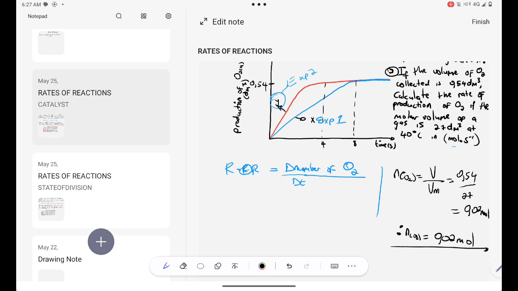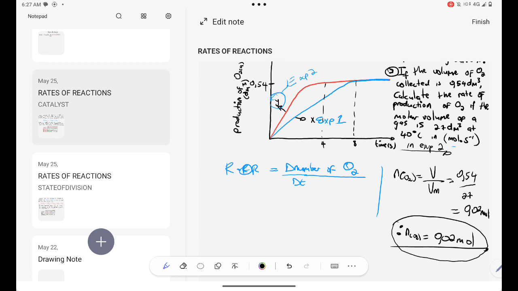So they wanted me to find the rate of reaction if the volume is collected. They did not tell me in which experiment. Okay, let me just include it there. In experiment 1, or let's say experiment 2. Yeah, we are calculating the rate of reaction in experiment 2, right? This amount of oxygen, we collected it in 4 minutes in our second experiment. Are you together? It took just 4 minutes to form 0.02 moles